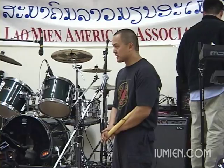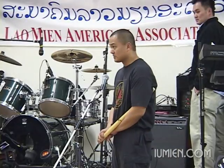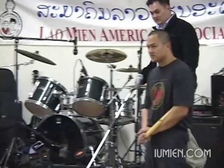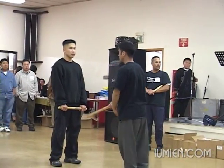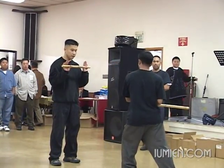What we're going to do is a demonstration. Both instructors, Charbel Palayo and Ray Arbad, will demonstrate the 12 angles of attack. Keep in mind, this is a blade-oriented art, but we use sticks for safety. So we're going to deliver angle 1. Angle 2, backhand. Angle 3,